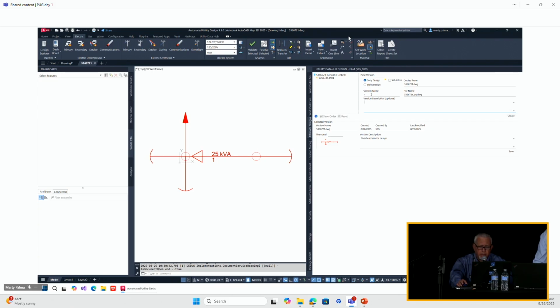And you can see that it's auto-incrementing a version number. This is configured to add an underscore and then a version name with a number inside of parentheses. I can type in here and modify that to something custom if I wanted to. But you can see it forces me to name the design to match the names that I have defined, even for the main design, to be the work order number. So in this particular case, I'm going to go ahead and do a copy and just put in a quick,